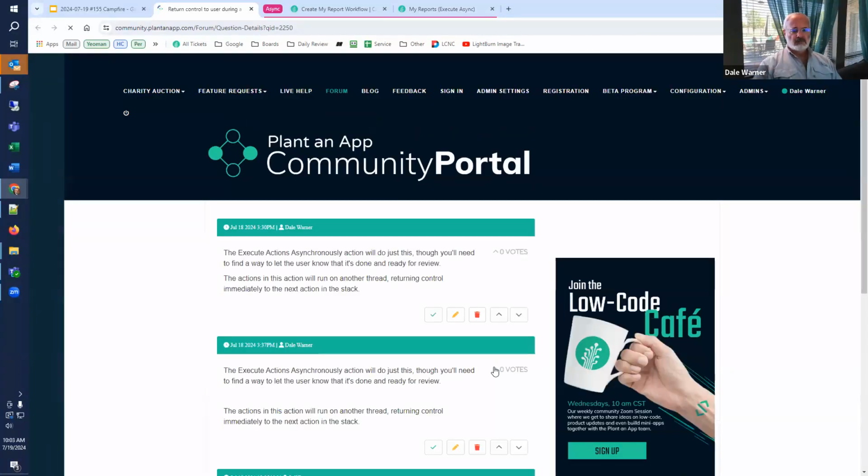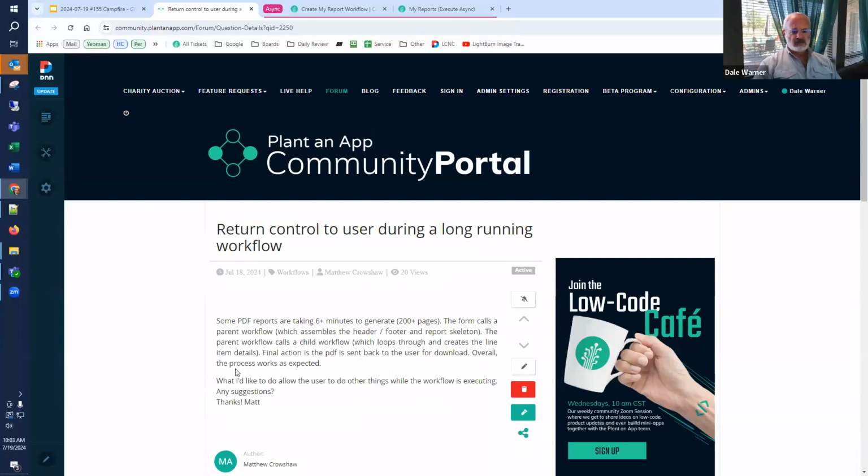The problem that Matt was trying to solve was that he's running some long PDFs, taking 6 minutes or more to generate, and it's not reasonable to make a user hang around locked down while some actions are taking place to assemble all that. So what are some techniques to let the user go on and yet get those finished and get those to them when they are finished?